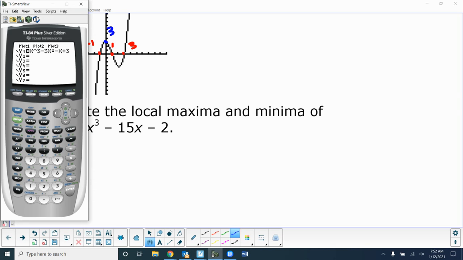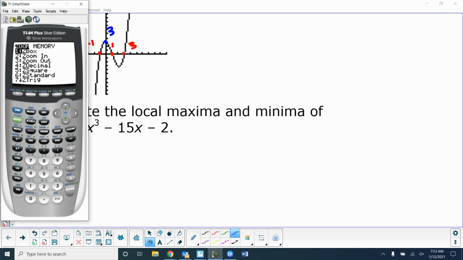So go back to my y equals. I got the x cubed. So I'm just going to move over. And that's a 15x squared. So 15x squared minus 2. And then delete the 3 there. And then graph that. Okay, so that's kind of bad. I got a max there, but I don't see my min. I don't see where it ends. So I'm going to have to do some,